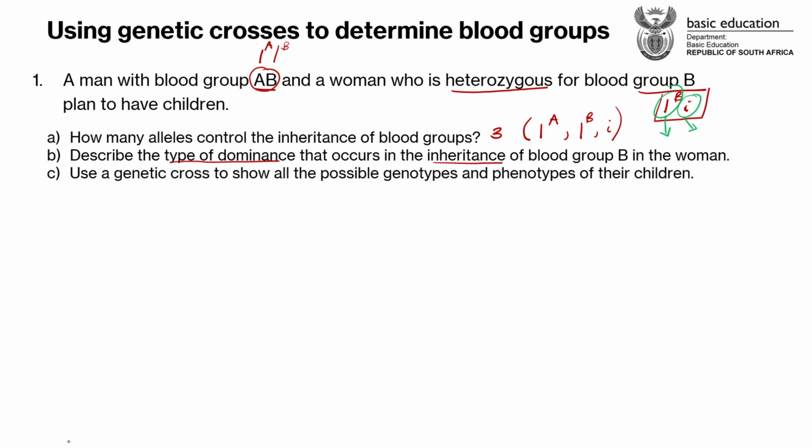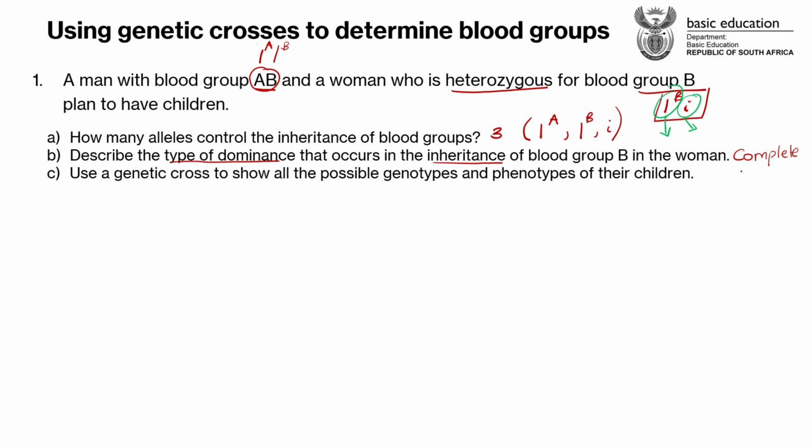So now this type of dominance is actually complete dominance. So this is complete dominance. Why do we say that it is complete dominance? Because the question says describe the type of dominance. You don't have only to mention it. Why do we say that this is complete dominance? It is because we have got one allele that is completely dominant over the other in the heterozygous condition. That's what Mendel's second law of dominance states.